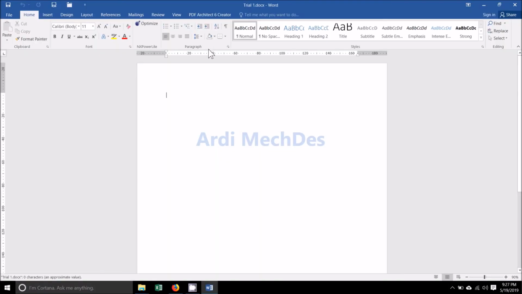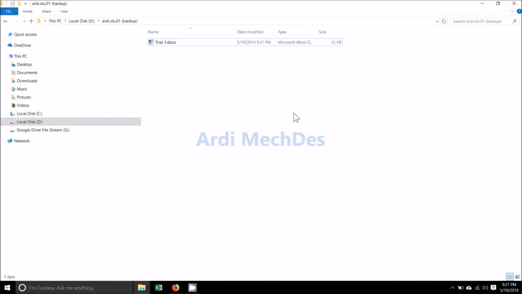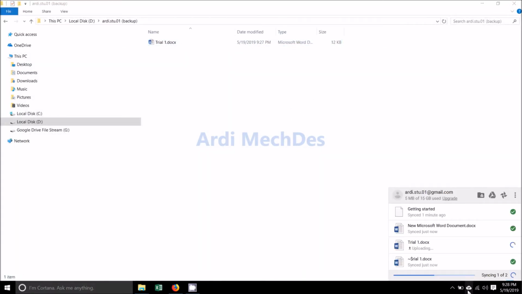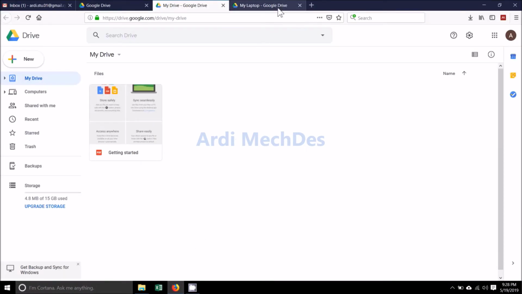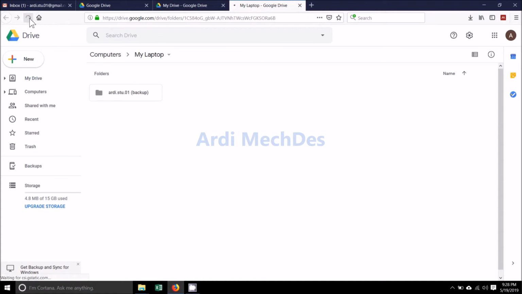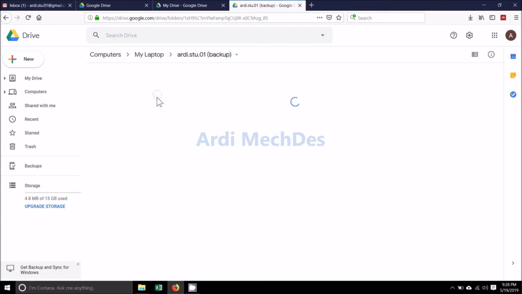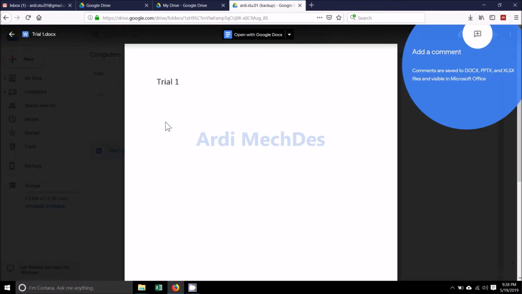Let's try backing up a file to Google Drive by creating or sending it. Open the backup file on Google Drive.